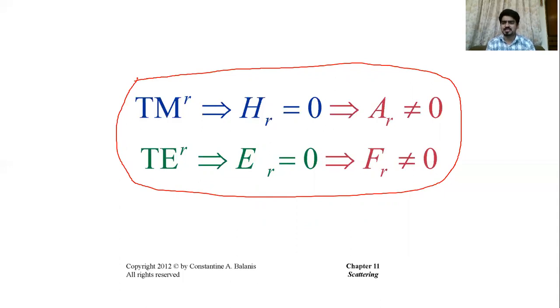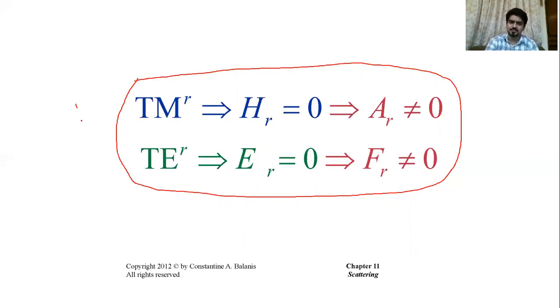When we discuss chapter 10, when we have spherical geometry, we would like to have modes which are conformal to the structure. And here in our case, we have a spherical symmetry, so we want modes in spherical coordinates. We cannot use TE to z or TM to z. It will be much more difficult. That's why we derived expressions for TM to r and TE to r, because it is much more convenient to use those modes. And we went through that procedure.